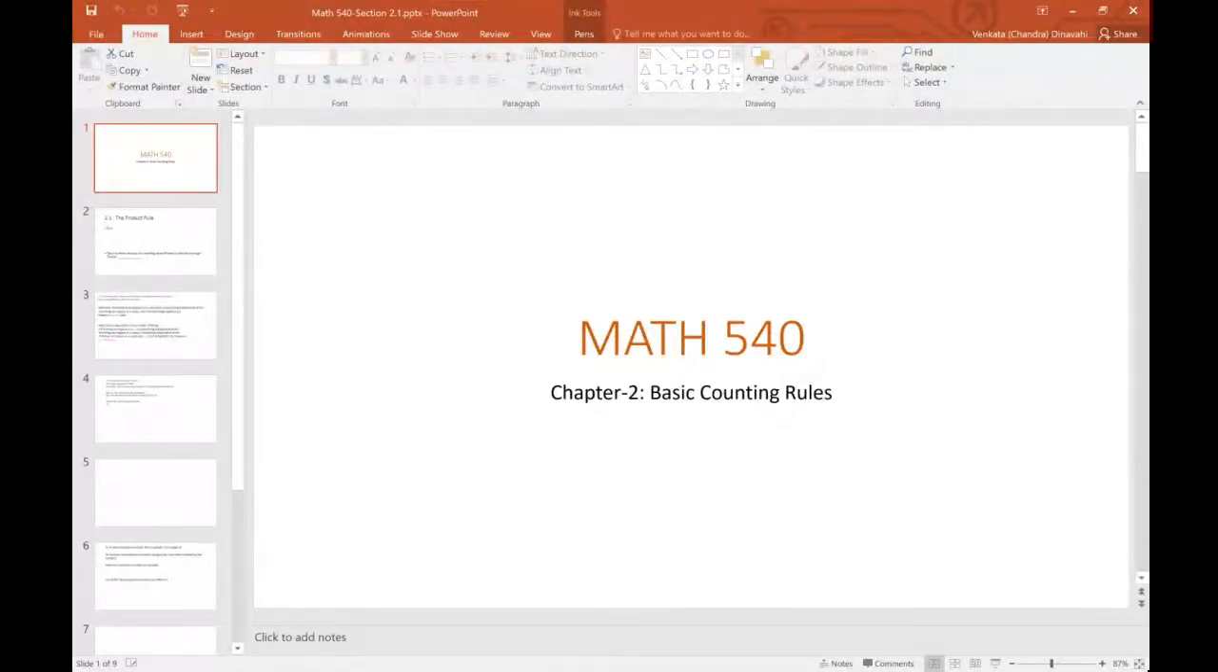This is Math 540, and the course is Applied Combinatorics. If you go through this course, it is a hodgepodge of different topics, starting from basic counting rules to graph theory, somewhat design theory and somewhat probability, and these things are somewhat interlinked, but you can study them independently as well. But chapters 2 and 3 are the basic building blocks on which the entire foundation is built